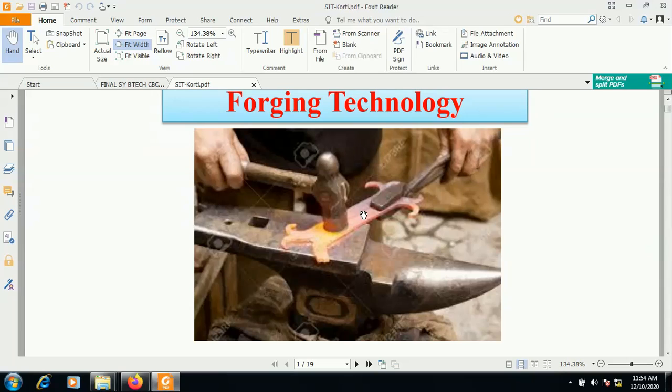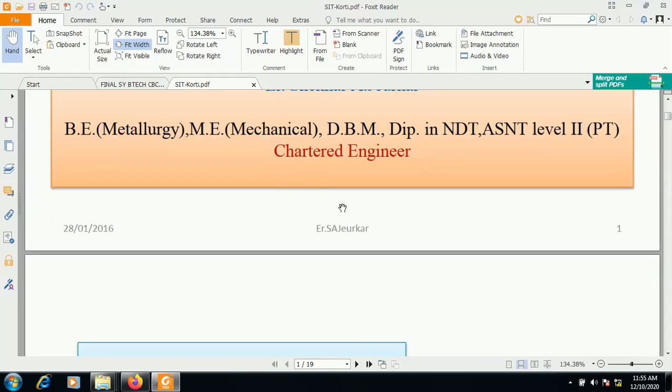While studying the disadvantages of the hot working process, we have seen it is difficult or troublesome to handle the workpiece which is in the red hot condition. This forging operation is generally performed in industry as well as in society to produce agricultural tools. Now we will see this in detail.